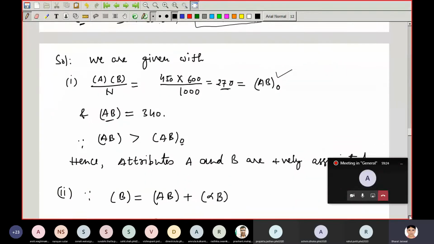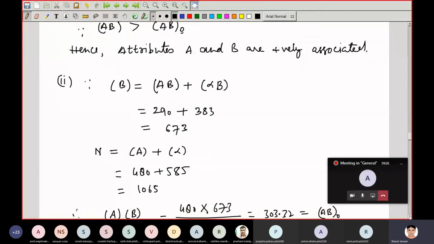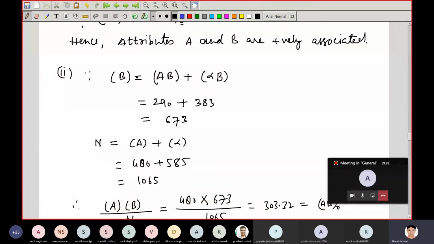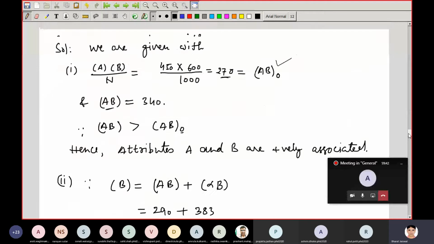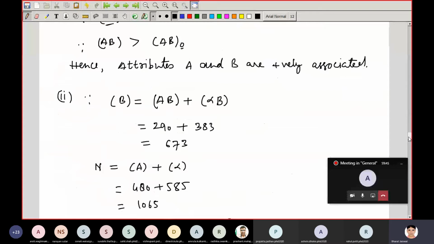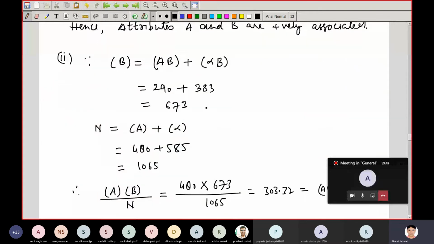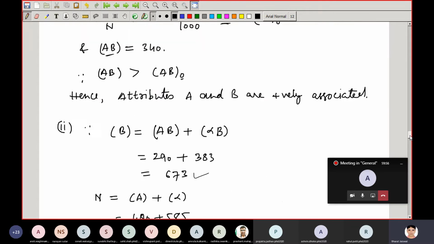This is this one. हमारे पास B नहीं दिया तो B कैलकुलेट करेंगे पहले। B कैसे कैलकुलेट होता है? प्रेजेंस ऑफ B विथ A एंड प्रेजेंस ऑफ B विथ एब्सेंस ऑफ A, ये फार्मूला होता है if two attributes are there. Okay, so AB की वैल्यू दी गई ऑलरेडी 290 दिया है, एंड दिस अल्फा B की वैल्यू दी गई ऑलरेडी 383, तो वैल्यू सब ऐड दो, दैट विल 673।